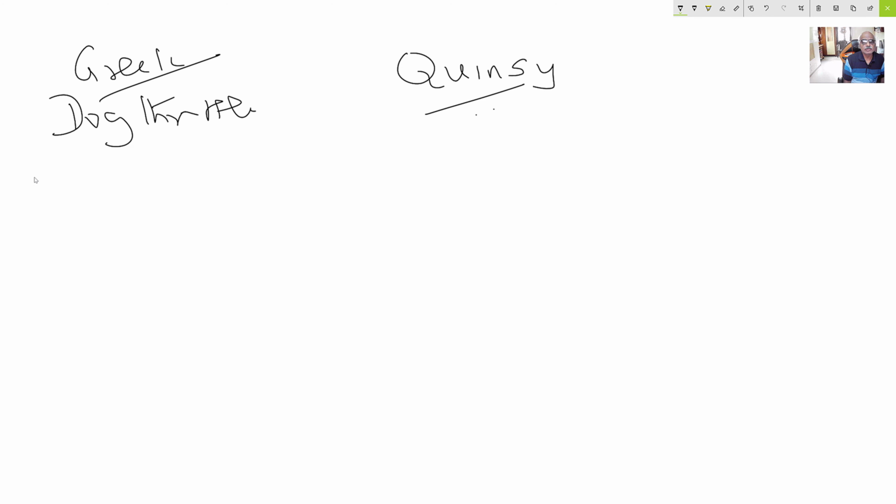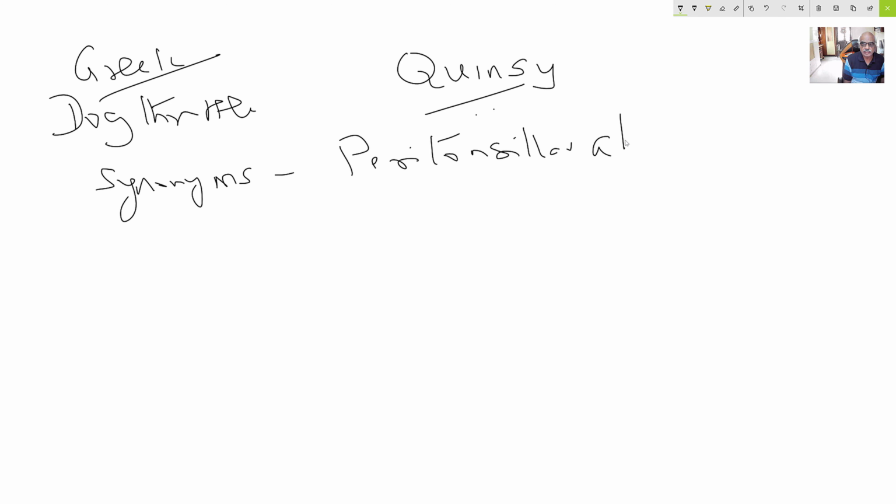There are other names for this disorder also. So let us go to the synonyms. Peritonsillar abscess is another synonym for Quinsy. This is an accumulation of pus between the tonsillar capsule and the superior constrictor muscle of the neck. So let me repeat. By definition,